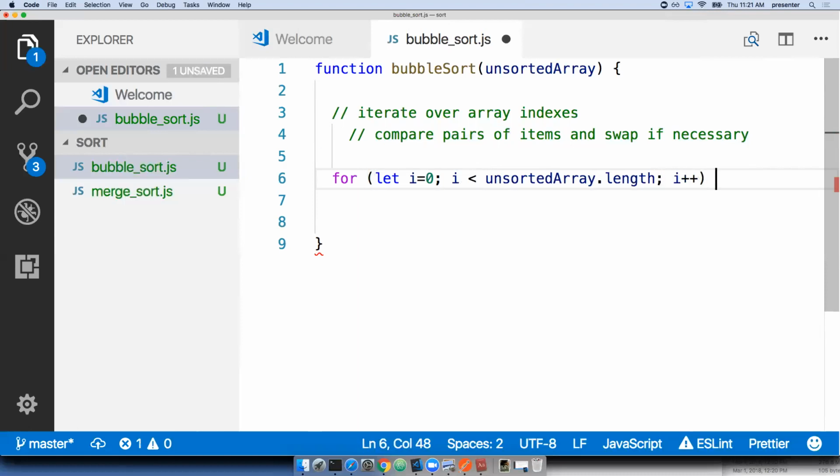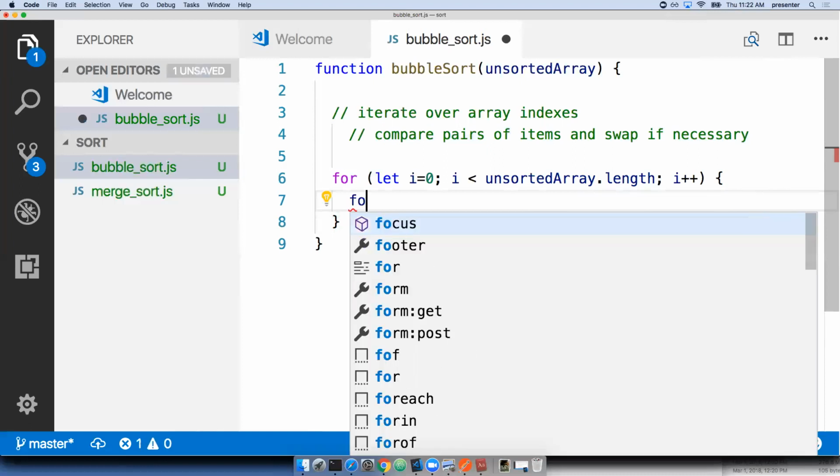Why did you guys think of starting, I'm guessing you were thinking about starting at the length and counting down. Why did you think about doing that? To keep track of what was already sorted at the end. Okay, inner loop only has to go up to what the outer loop value is. Yeah. So now, if I'm on my first pass, I'm going to look at everything. But if I'm on my second pass, I'm only going to look up till the last item. If I'm on my third pass, I'm only going to look up to, whatever. So now for my inner loop,